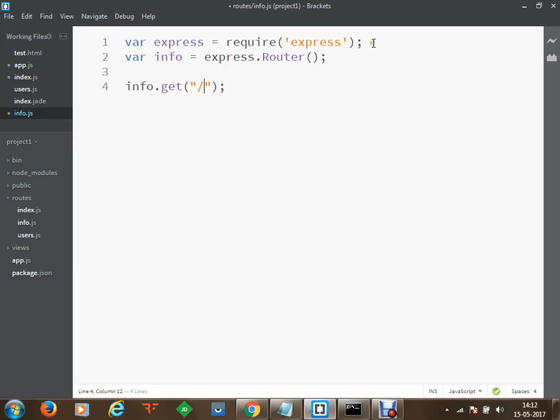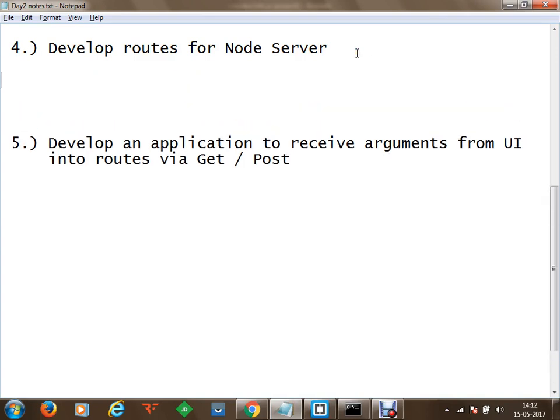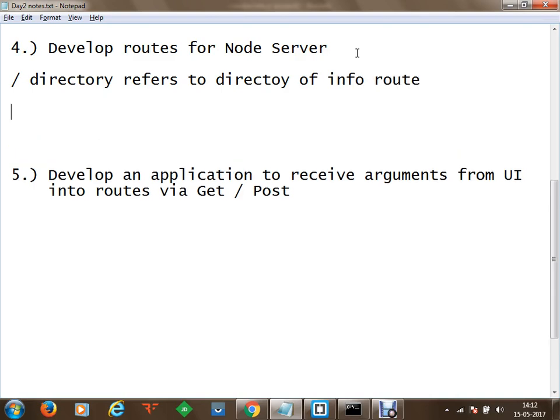Right, absolutely. So what exactly we will be doing in this case, the slash directory refers to the directory of the info route. And what does that mean? It means if a user browses to a URL, let's say localhost on port number 3000, and as soon as he types in info, this slash directory will be referred to the slash directory of the info route.